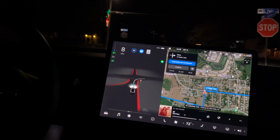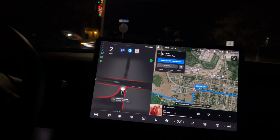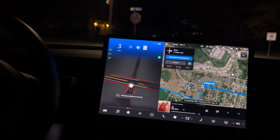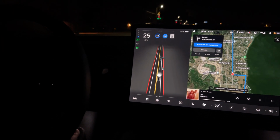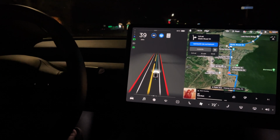Alright, we may have to take over here because this is a really challenging spot. Yeah, I'm paying attention to the road, don't worry. Oh, that was actually really good. That was actually really, really good because that's a steep...